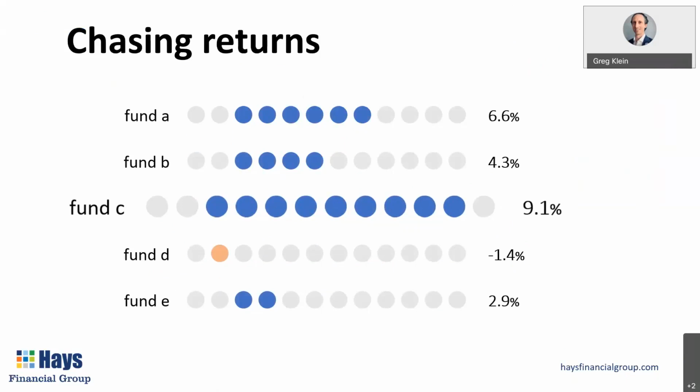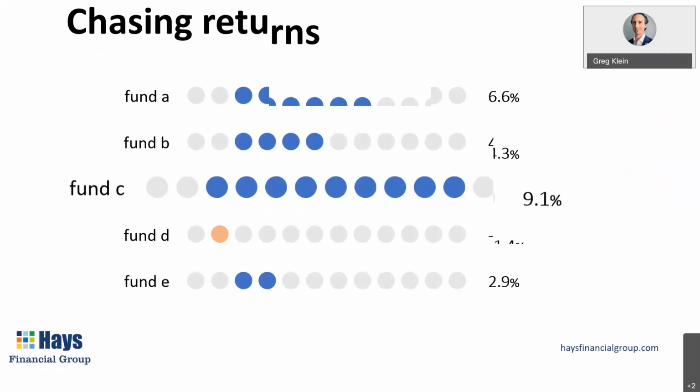And we'll see a few times in the presentation why focusing too much on the short term can hurt you. You want to have a long-term plan for retirement. Don't just chase the hot performer, because something that's performing well this quarter or this month doesn't mean it's going to be performing well into next year or the years beyond. Everything cycles. So if it's a good performer now, it might not be next year. It might take a few years for it to cycle back and be a top performer again.